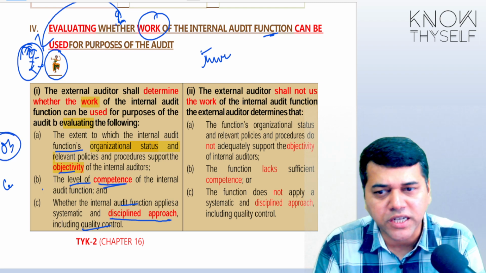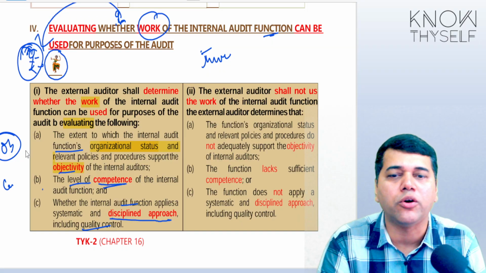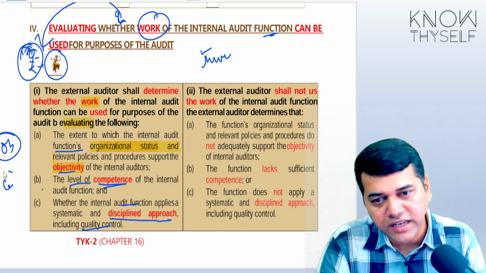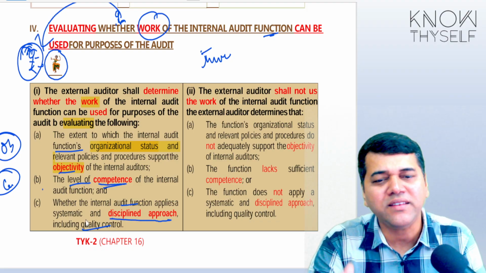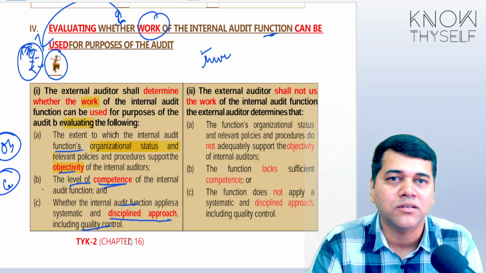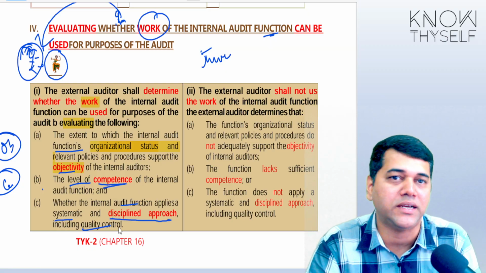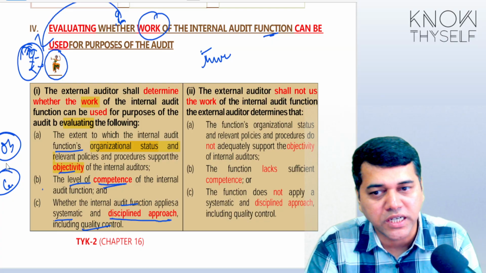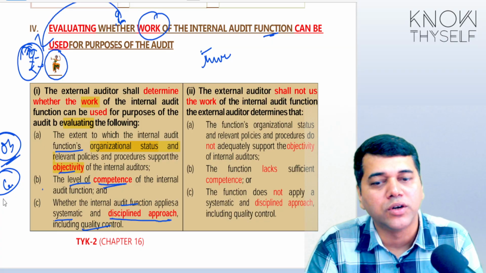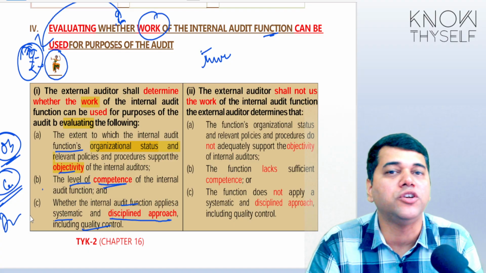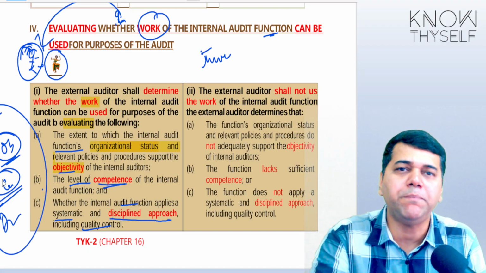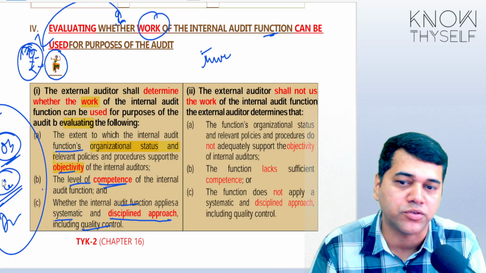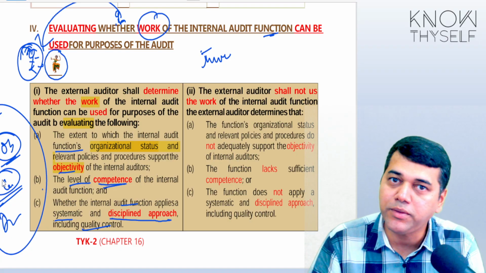See, they are objective. They know exactly how to do the operation. They are not confused. They are very competent. But they see the indiscipline. They are not regular, not systematic in their work. That's why when discipline comes into the picture, your objectivity and competence plus discipline will make you powerful enough to prevent any misstatement. Agree with me?